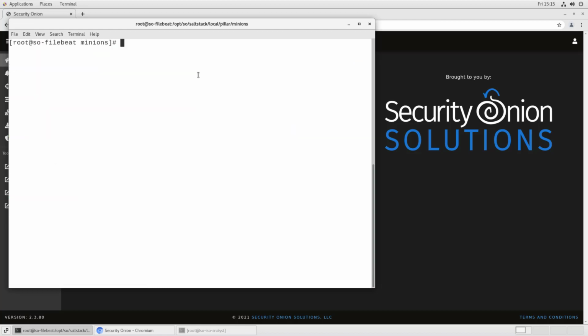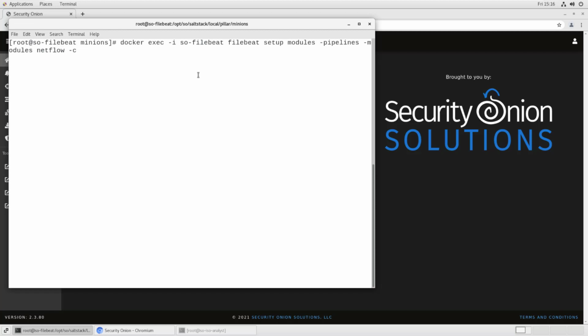One last piece, we need to generate the Logstash pipelines that will actually ingest the NetFlow data. So we do that by executing a command inside of the Filebeat container. So docker, because we're going into the container, exec, because we're executing something inside the container. We are executing it inside the Filebeat container. We are doing filebeat setup of the modules with the pipeline configuration. The module name is netflow,